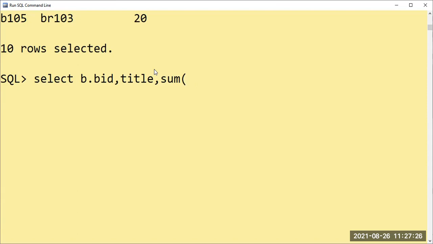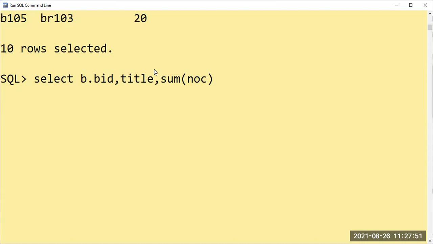We are finding the total copies here. We are not supposed to say that I want NOC from book copies. The query compiler will understand that NOC is present in the respective table when we mention the table in from. So no need of writing bc.noc. NOC is available only in book copies. It is not available in the book table.